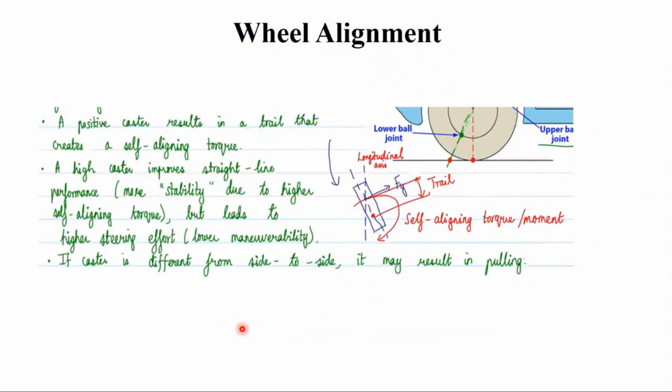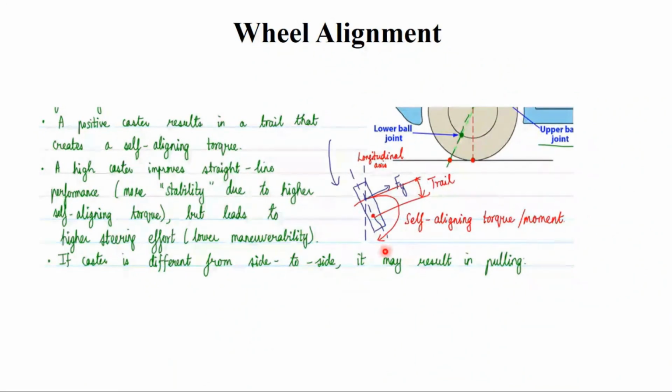What happens is a positive caster will result in a trail that also creates a self-aligning torque. Okay, you have the line, assuming that this is the longitudinal axis. And you also have a self-aligning torque or a moment, which will cater to the improvement of the stability performance, means the